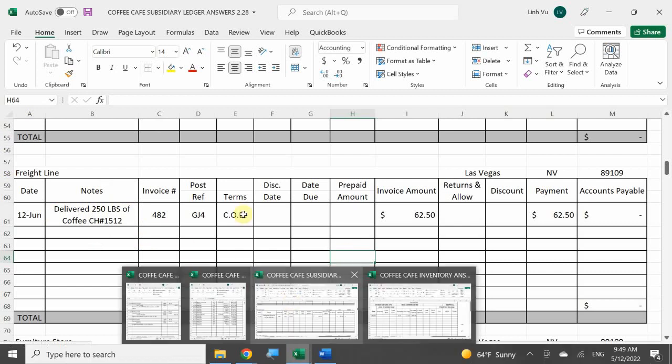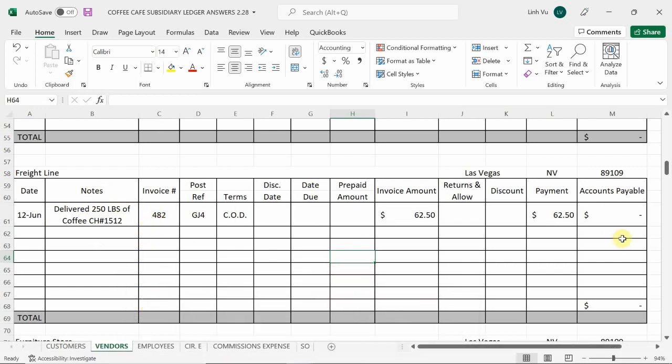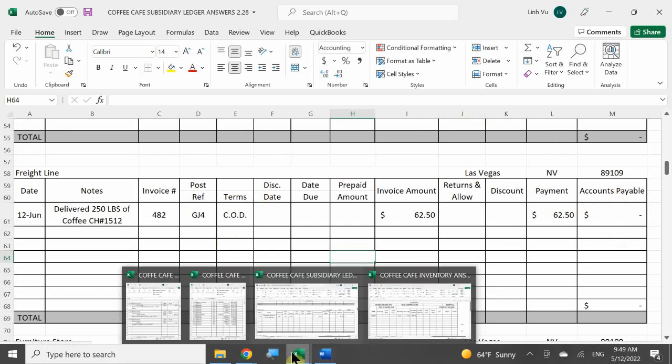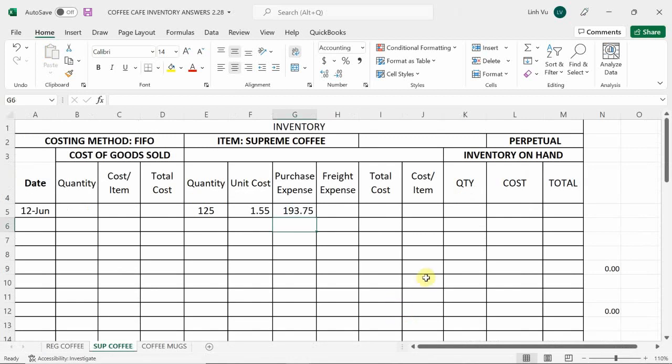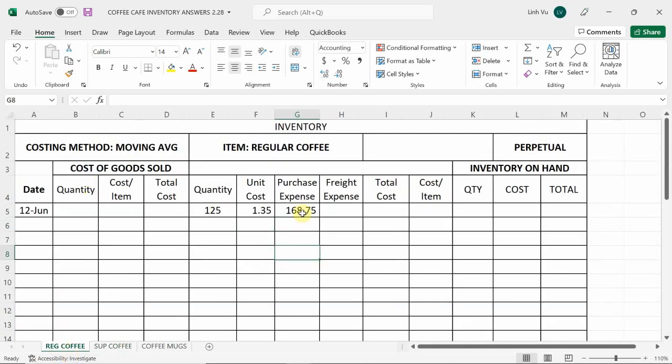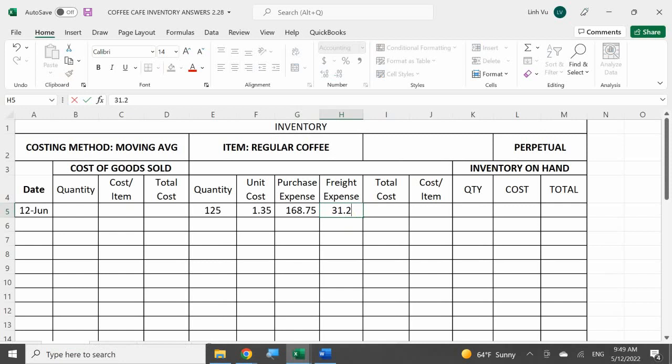Okay? So now that we did the journal, we did the ledger, and we did the subsidiary ledger, last but not least, we need to now update our inventory because we just added a cost to my inventory. And I also now need to figure out, well, what happens when I do sell my product? I need to figure out what the cost of each item is going to be when I sell my coffee. So, starting with regular coffee, right? My freight was $31.25, which gave me a total cost of,